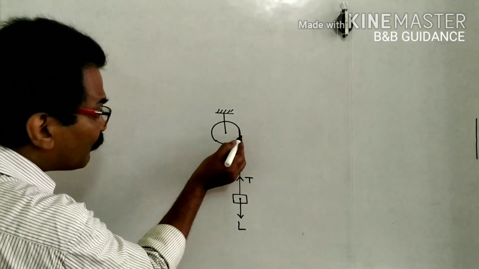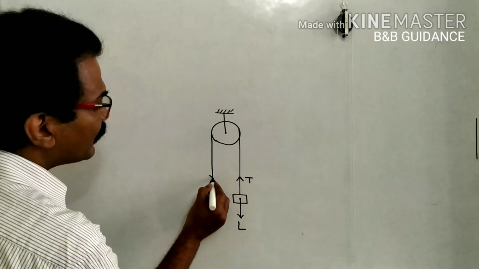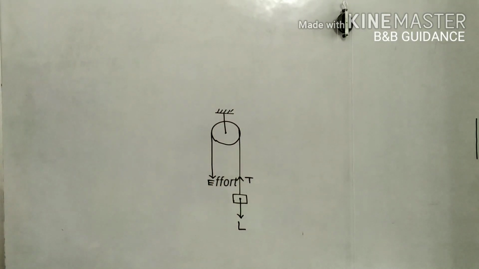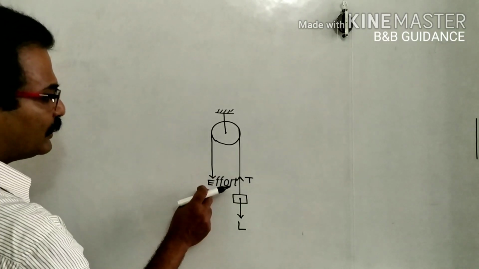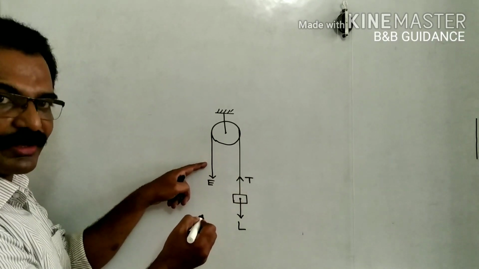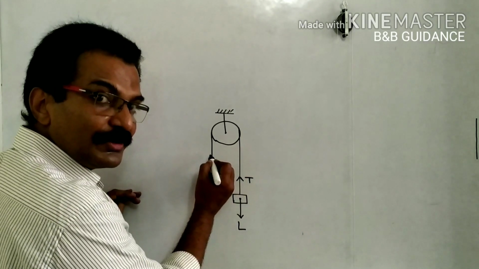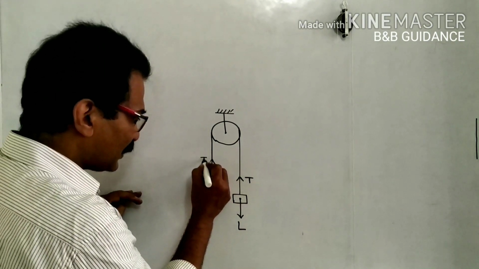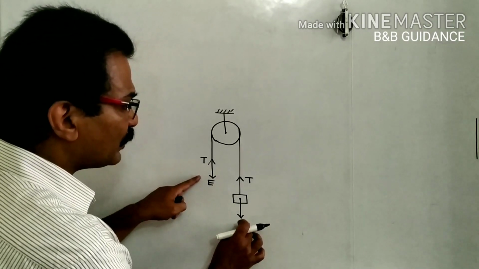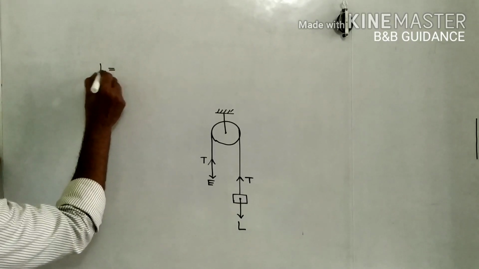Well, of course, the rope is passed over the pulley, and here we are applying the force to raise it, that is the effort, represented by the letter E. And on this strand of the string, what is the direction of tension? Upward or downward? Upwards. Okay, upward. That is in the upward direction. Well, this load is balanced by tension, so load is equal to tension.